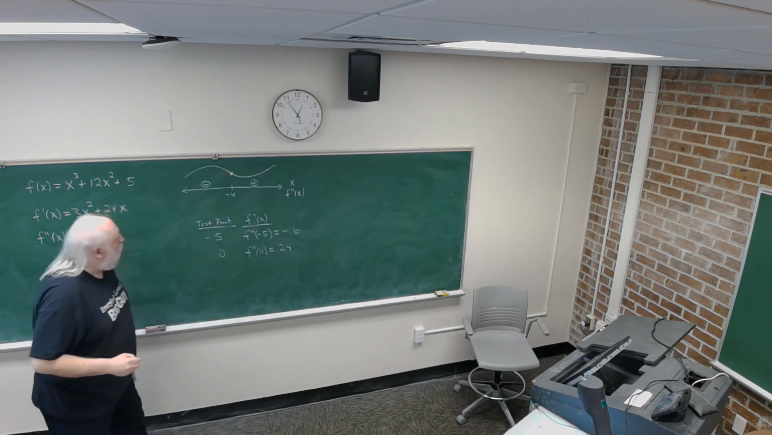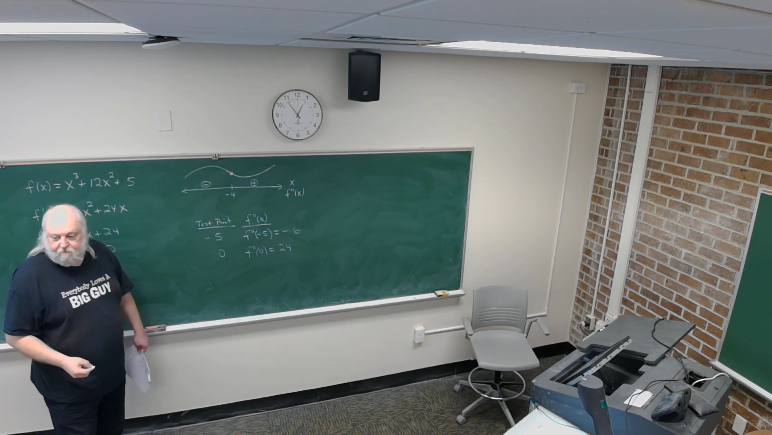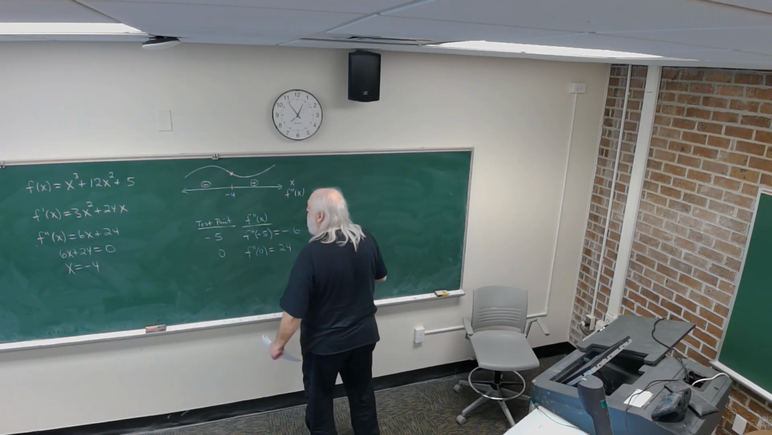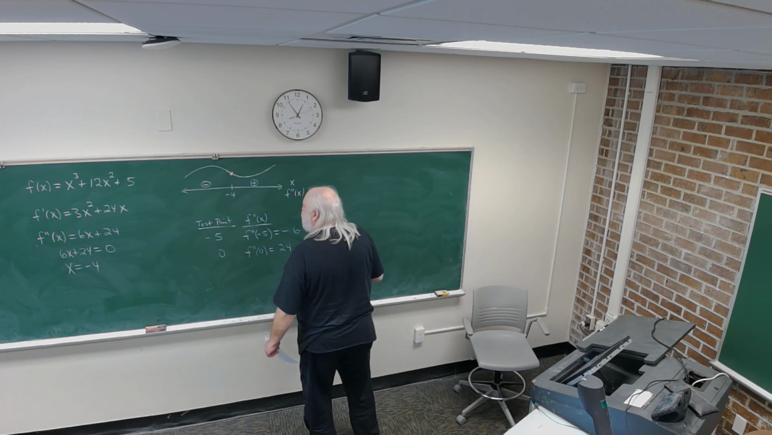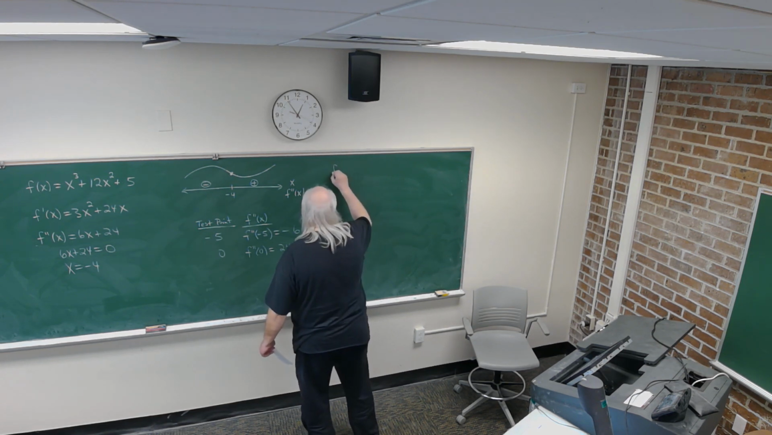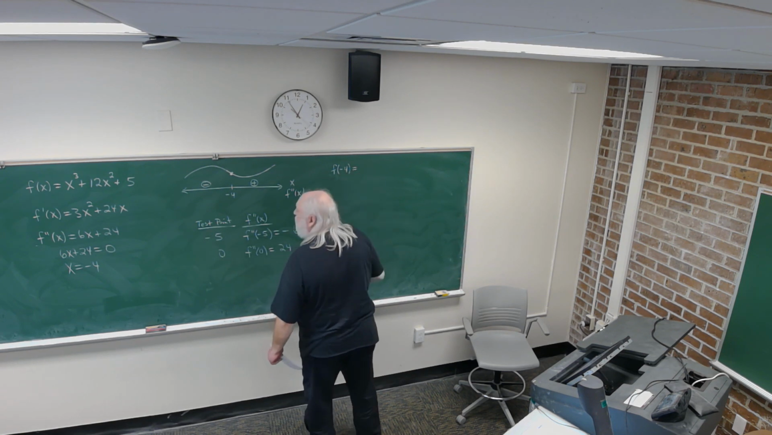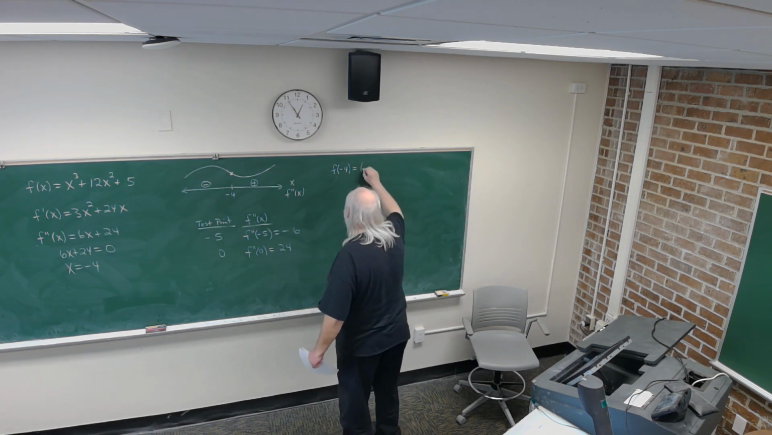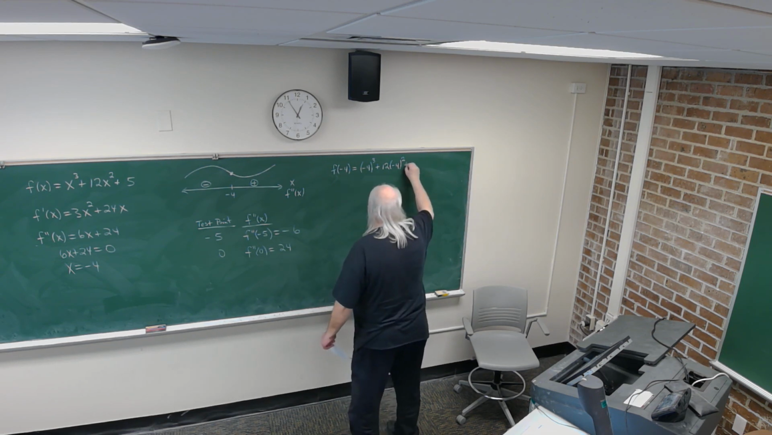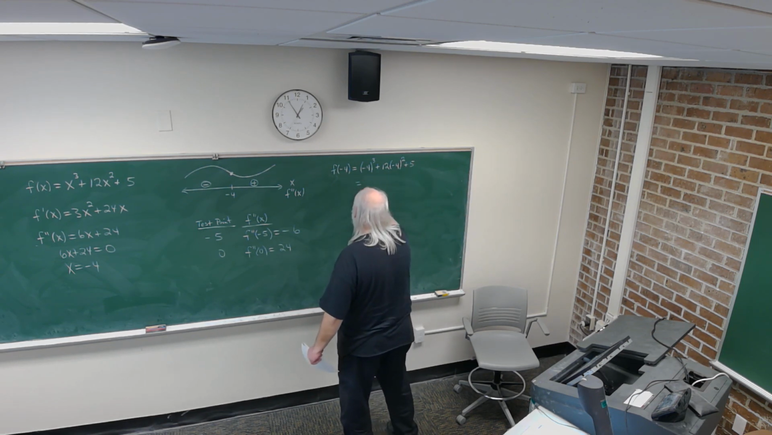Do we have an inflection point at x equals -4? Does it go from concave down to concave up? We have an inflection point. So for the inflection point, we need to know what f of -4 is. That doesn't sound like a lot of fun to evaluate. -4 cubed plus 12 times -4 squared plus 5 is equal to